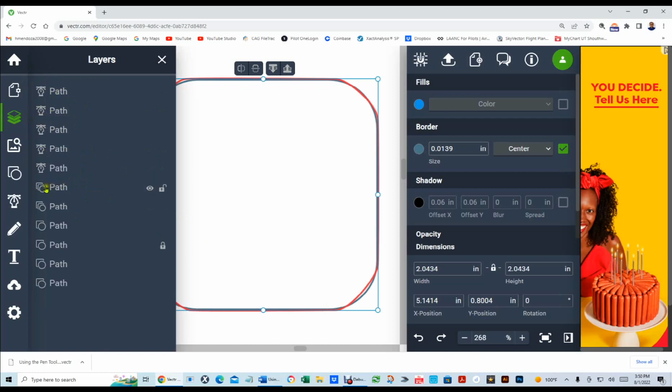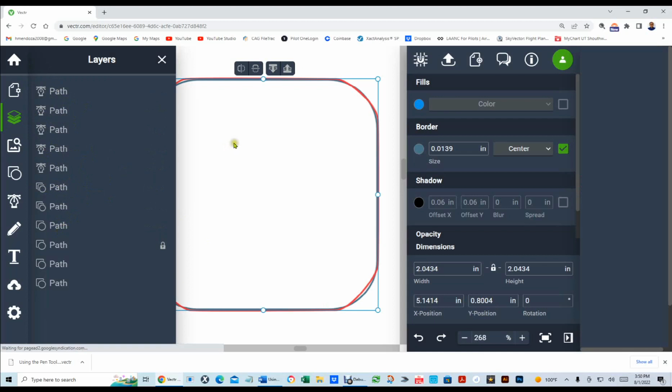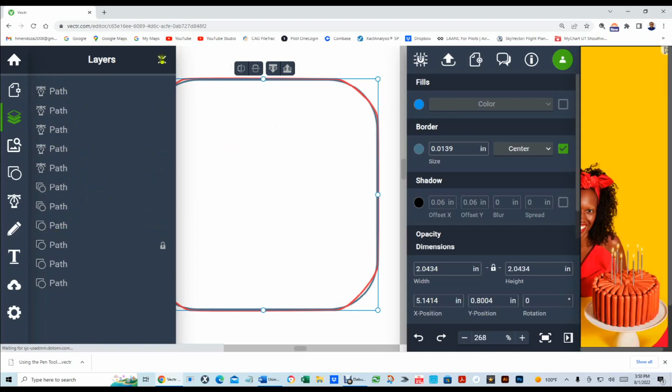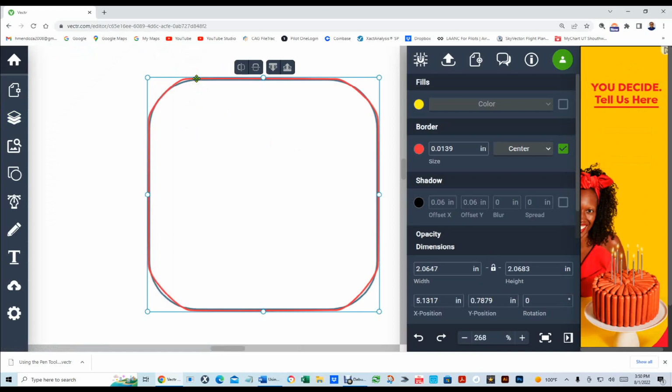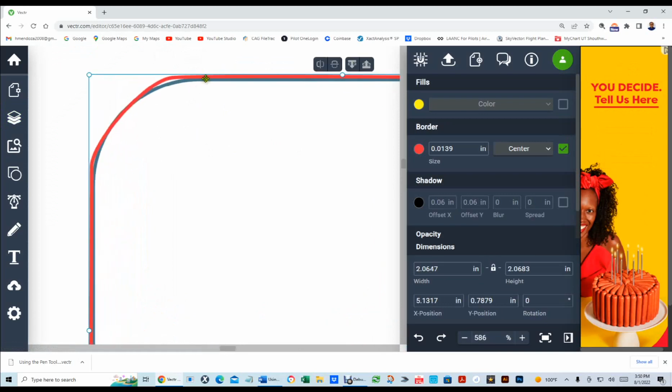It has to be one of these. It's not a pin. It's one of these paths. So the easiest way for me to do this is just hit L for lock. That way I don't accidentally select it. So let's go in here, enlarge this area, double click, grab this anchor point, move it right here to where it actually starts curving on me, and then click on it, get my anchor points,